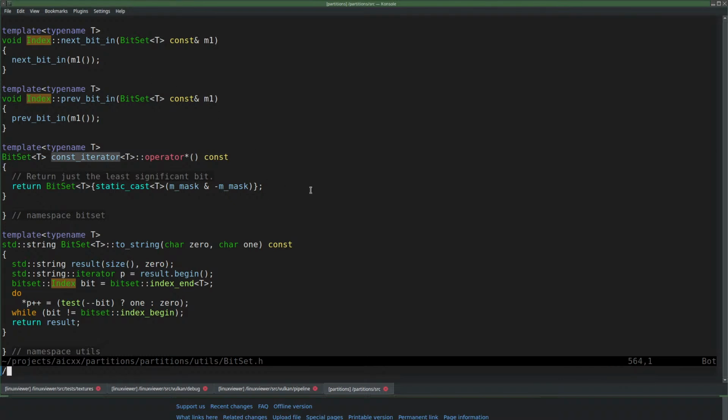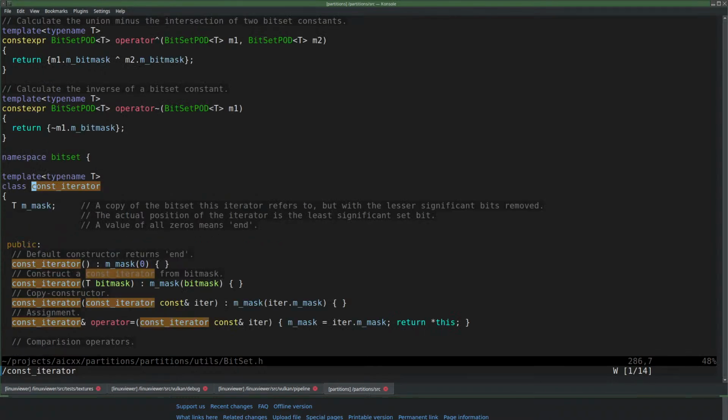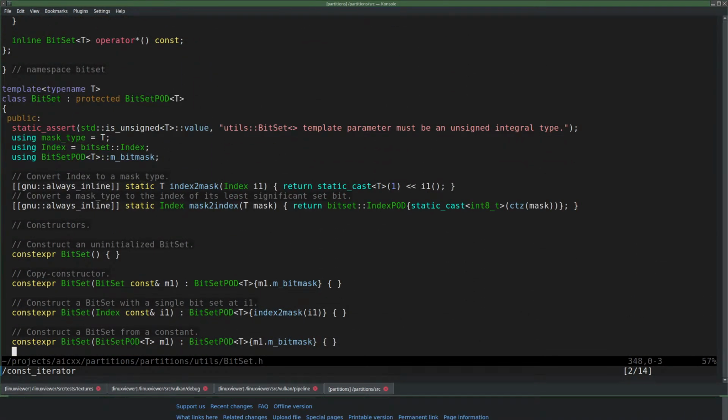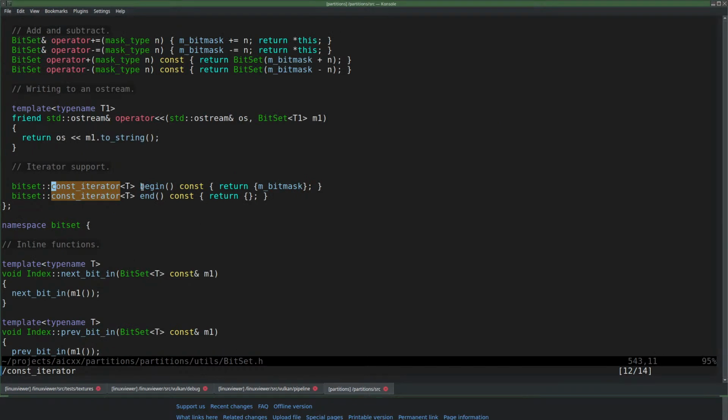So I'm going to need a const iterator. So const iterator is being returned simply by bit set itself. We have a begin and an end.